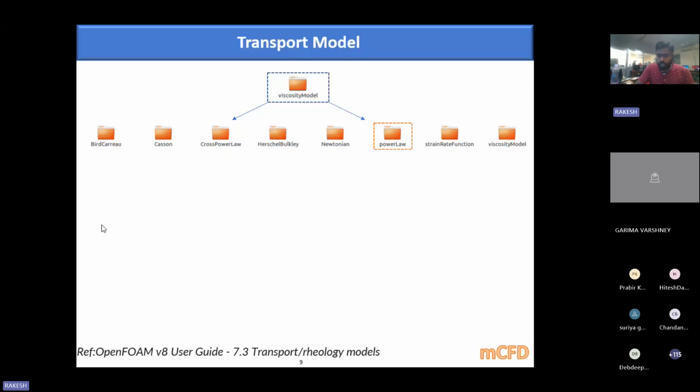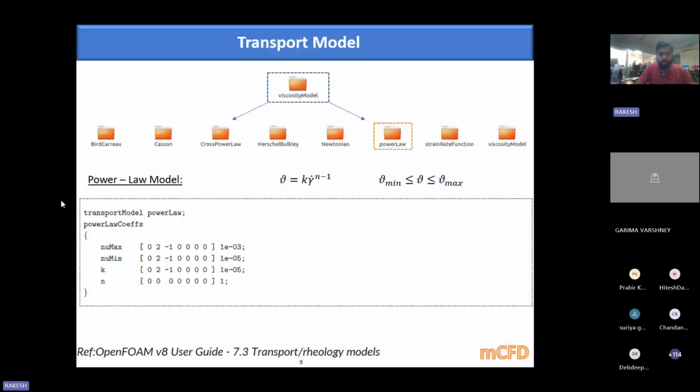So basically the most commonly used is the power law model. So we can see how this power law model is available in our viscosity model. In the last slide, I showed where the water and oil were both taken as Newtonian fluid. Suppose I want to change one of the properties to some power law model, so this should be edited. We can see in the power law model, this is the transport model, this is the power law. If it is Newtonian, as in the last case it was Newtonian,